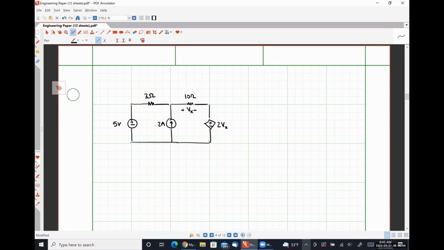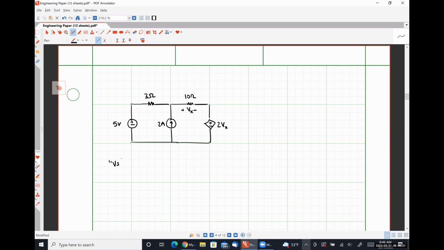So let's say that we are going to try to analyze this circuit using the superposition principle, okay? Meaning that we were going to analyze it with the voltage source on, current source off, then again, voltage source off, current source on. The dependent source will always be left on. We can never turn a dependent source off, okay? So if our goal here is to determine the quantity Vx